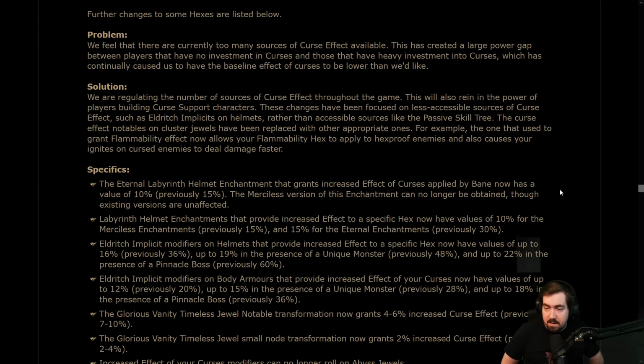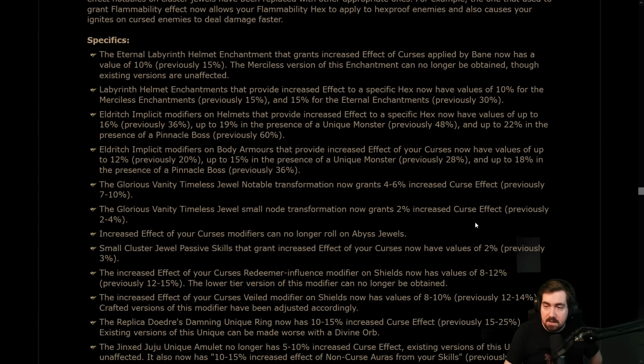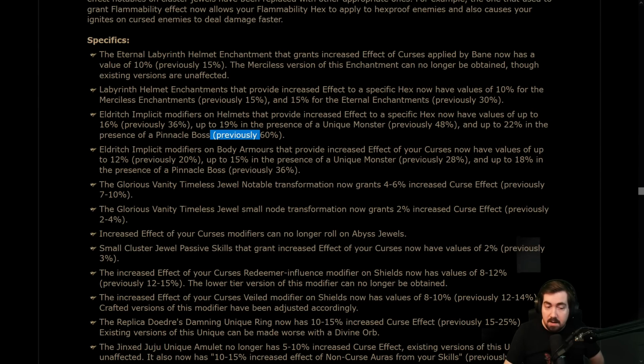Eldritch Implicit Modifier that increased effect to specific hex now values of 16, previously 36. Wow, they're really going down on the effect. I guess that makes sense. Previously 60, up to 22. Although, honestly, I would probably have never cared. Honestly, okay, real talk, I completely discounted all of the Pinnacle ones except in Gauntlet. And now, even though it's not 60 anymore,